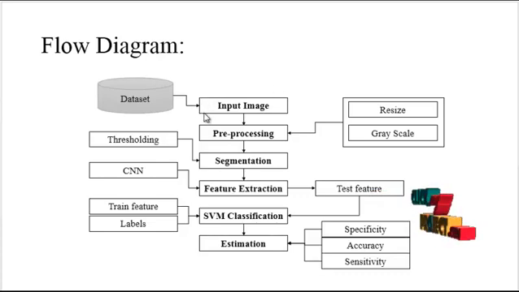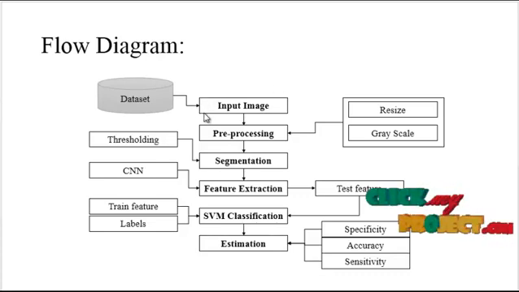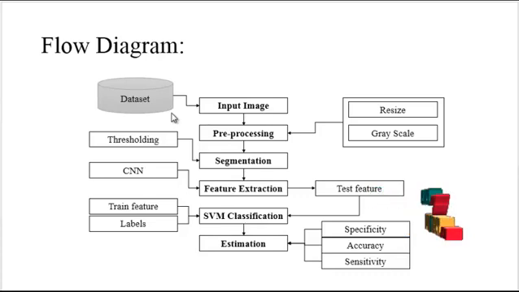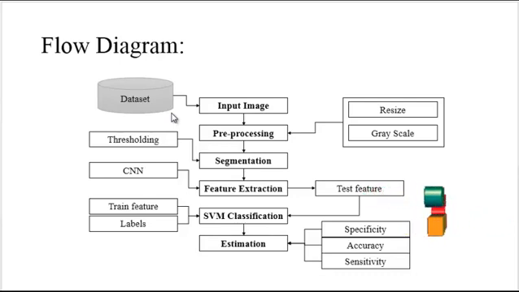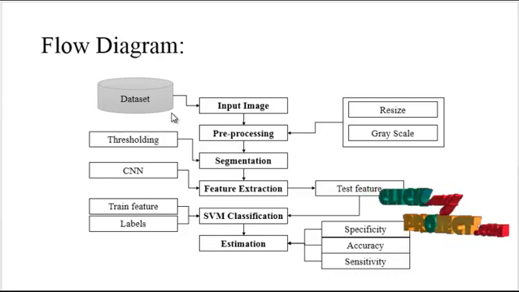The first stage is the input image. In the input image stage, we take the input image from the dataset. The dataset consists of all kinds of brain tumors. It has the tumor as well as the non-tumorous images. After getting any one image from the dataset, we move on to the next stage of the project,